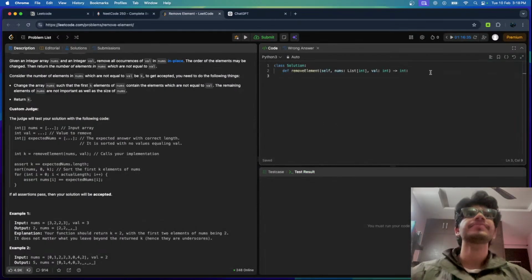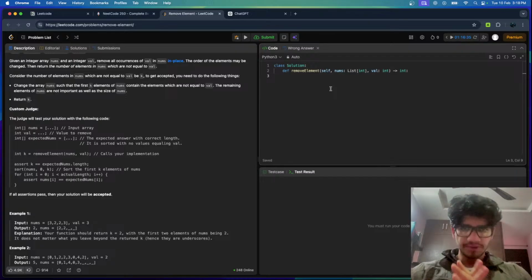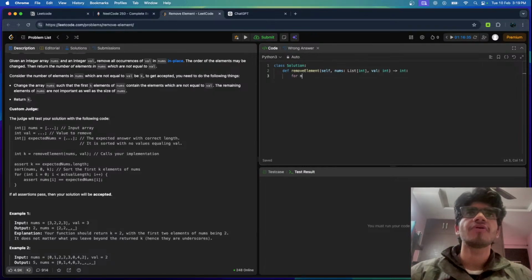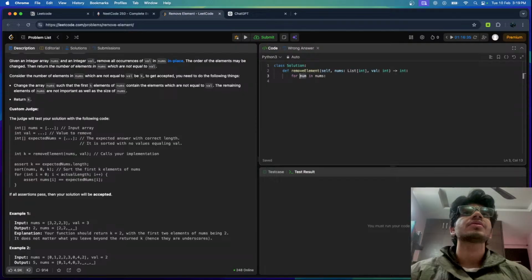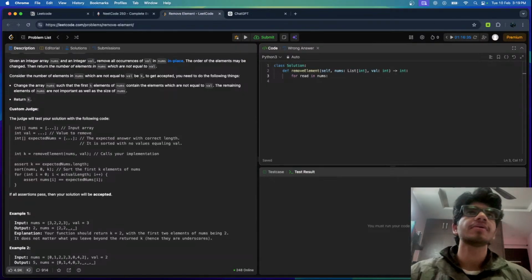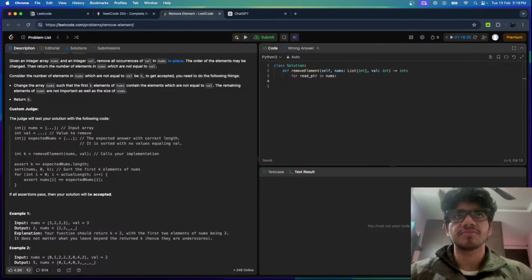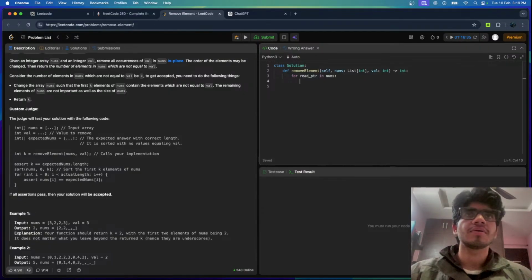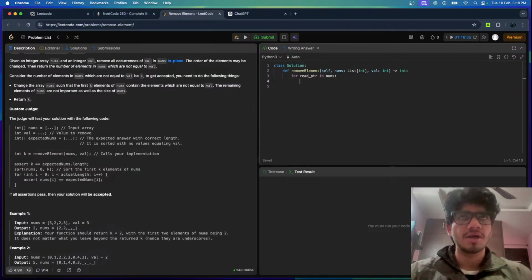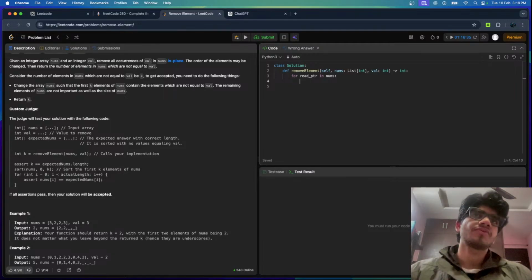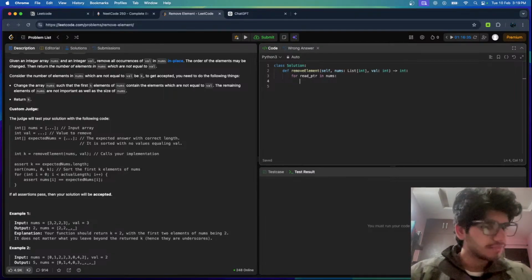So what we can do is we need to scan the whole array at least once, right? So for num in nums, I would rather use read pointer and write pointer, these two names to represent my pointers. So for read ptr in nums,